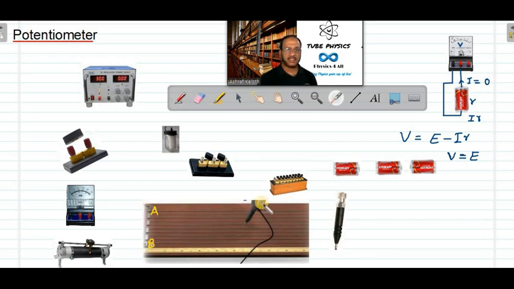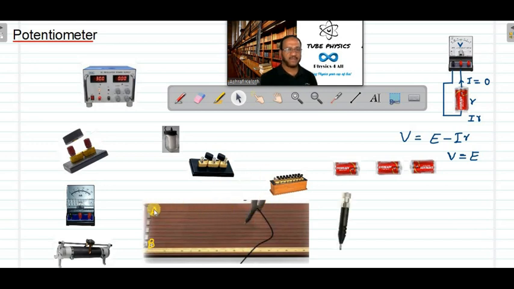And this is a jockey. What is meant by a jockey? It can be used to make a connection anywhere in the circuit. It is used to make contact at any point. This one is the jockey. It is a metal rod with a knife edge, and on this terminal here we can give the connection. Then it can be moved on the 10 meter wire. At any point we can make the contact, so that we can find the balancing point, balancing length.